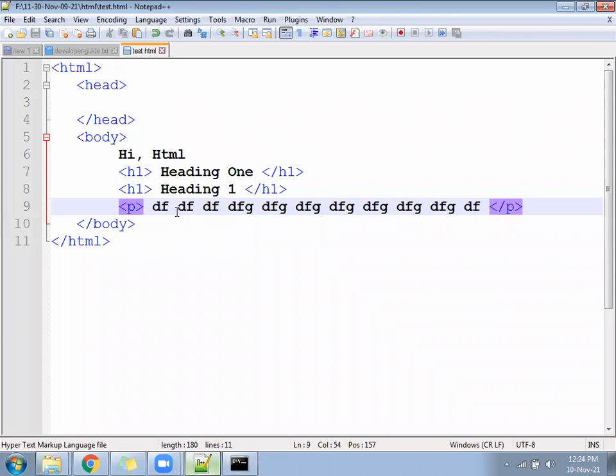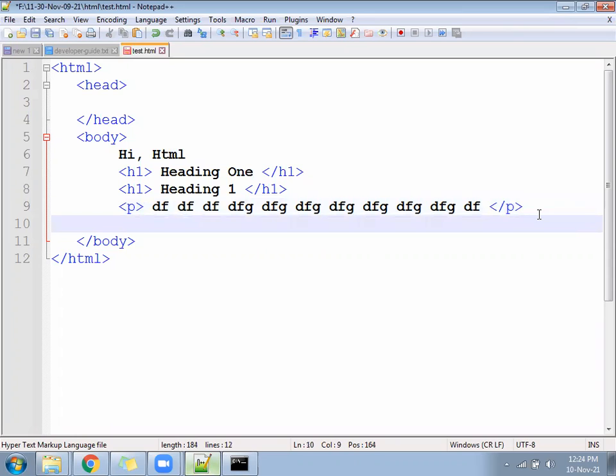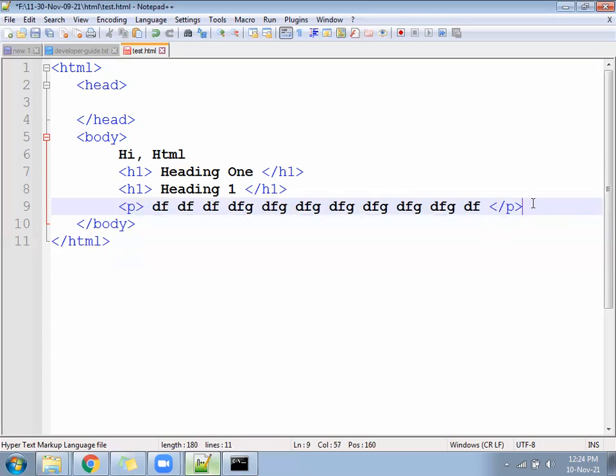So paragraph is also dependent. Now suppose this paragraph we want to copy and paste below 3-4 times. This entire P tag we want to copy and paste 3-4 lines below. So usually what method do we have? When you want to copy, you have to select it. After selecting, you have to copy it, go to the new line, and paste it. That only we know. But Notepad++, and even some other editors, have a shortcut.